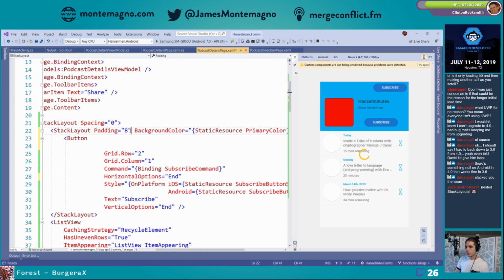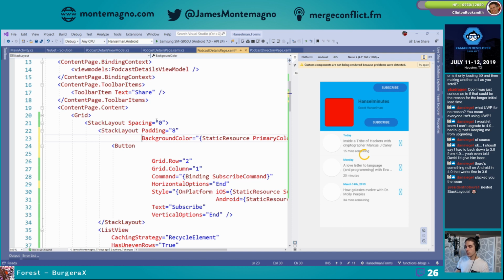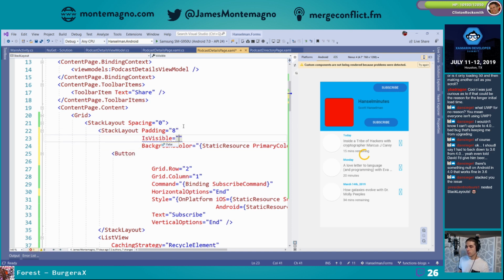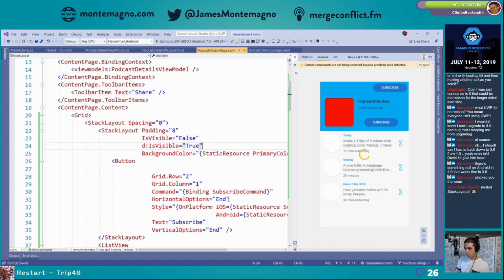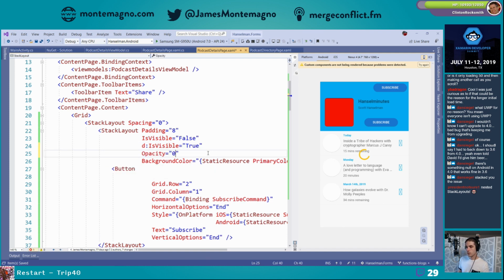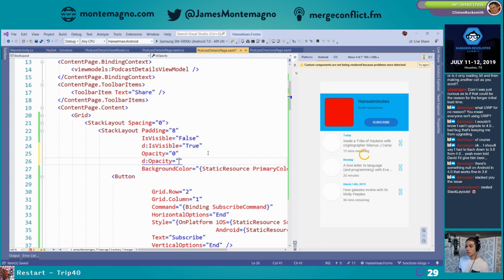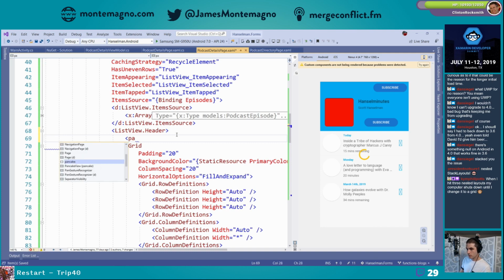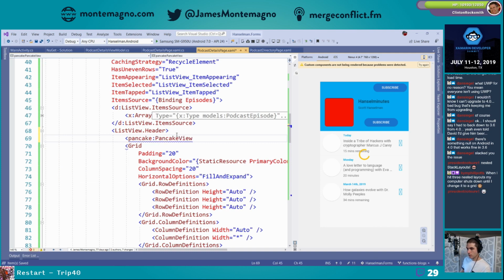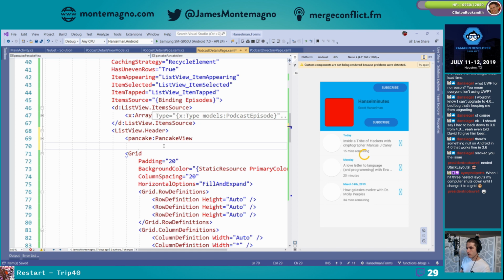Boom. So this entire stack here would be IsVisible false, true. Okay. And then we would also have the opacity, right? And then that'd be cool. And then the other thing I wanted to do too is inside this thing here, and I could do like, what are the end color? And then this would be the